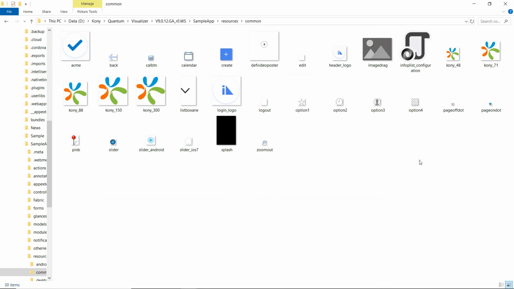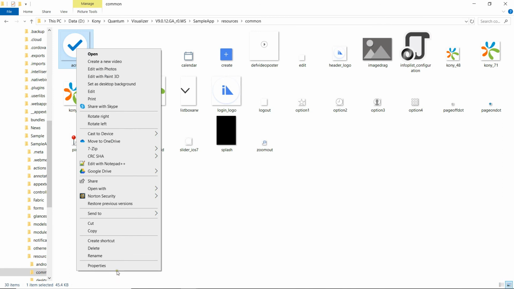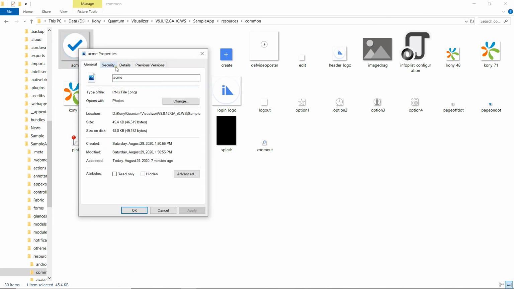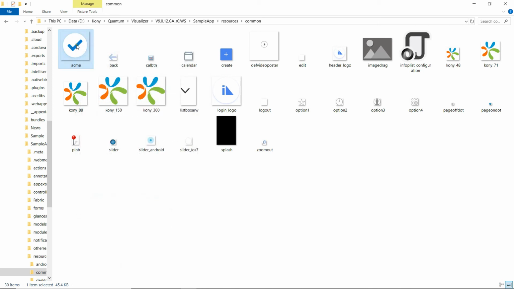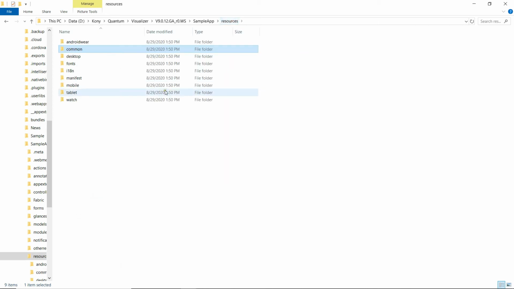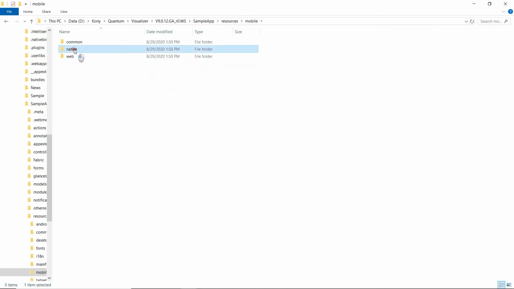For example, this acme.png is an image that we have in the common folder, and if we look at the resolution of this image, it is 360 by 363 pixels. If we want to have the same image for a mobile channel, for an iPhone or Android platform, let's look at the iPhone platform.